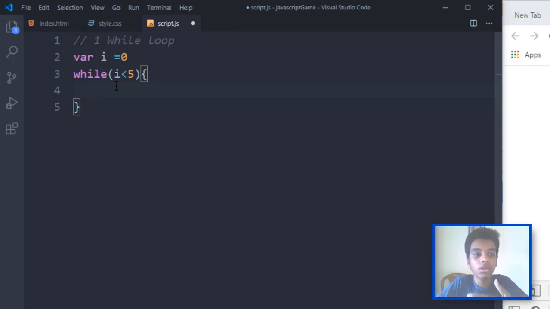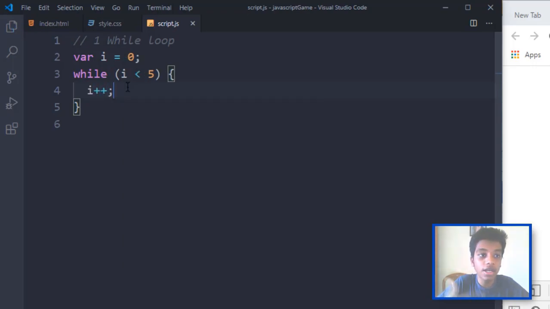When it comes to while loops, you always want to set your starting value to one less than where you want to begin. Say you're counting from 1 to 5, you want to start i at 0, because it will run while i is less than 5, so only 5 times. So 1 to 5 will be that amount. You always want to make that value minus 1. Inside the loop, you increment i by 1 every time the loop runs, and then you can